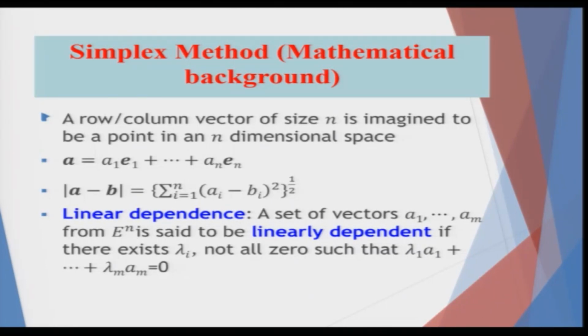So, if you have a vector (2, 1), it means I move 2 units in the x direction and 1 unit in the y direction, considering the 2-dimensional case. If I have a vector (0, 0, 2), it means I move 0 units in the x direction, 0 units in the y direction, and 2 units in the z direction, such that I reach the point given by the vector (0, 0, 2).